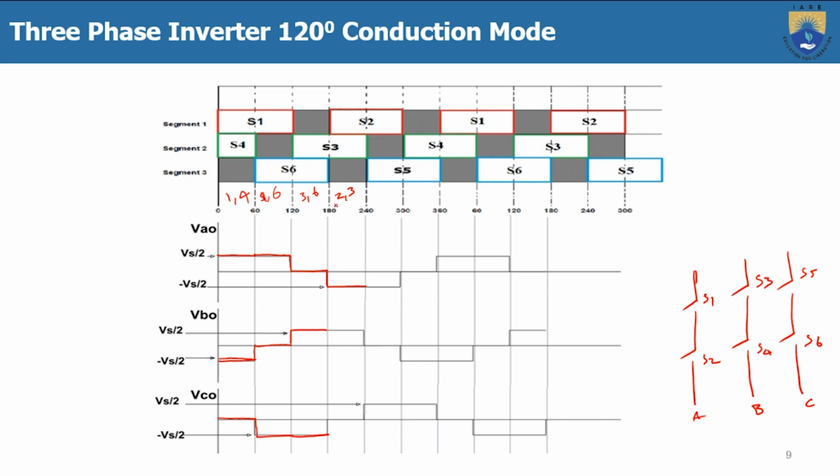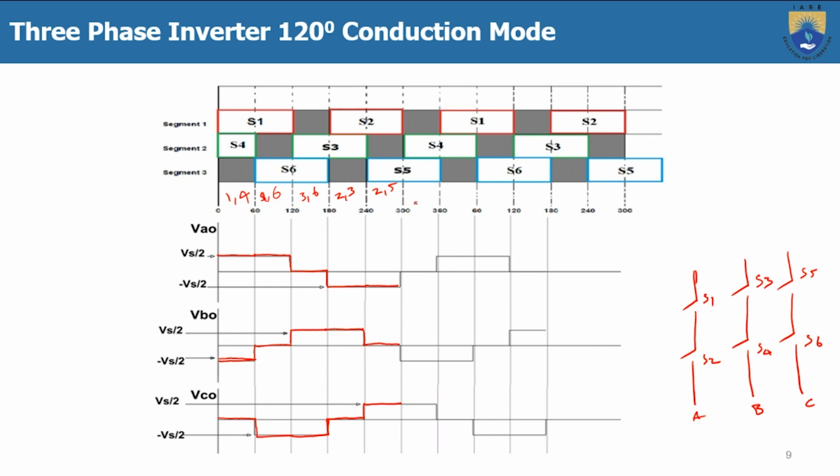And 3 is positive group, that's why here plus Vs by 2. And C is 0, so here 0. Then in between 240 to 300, 2 comma 5. So again 2 is associated with the negative group, so that's why here it is minus Vs by 2. And VBO, there is no switch conducting that is connected to the phase B, so 0. And VCO is again plus Vs by 2 because switch 5 is connected to the positive group of